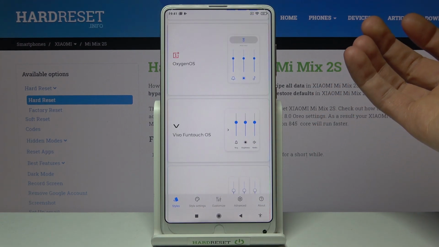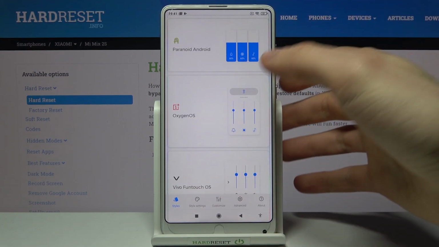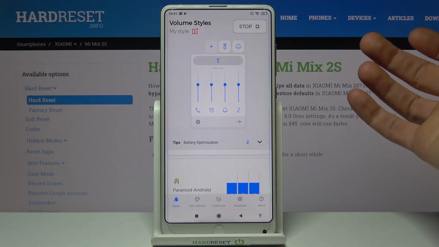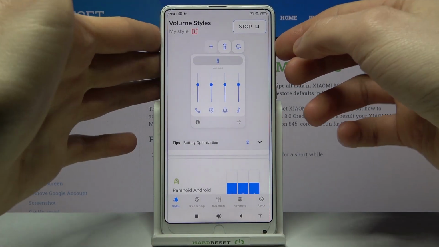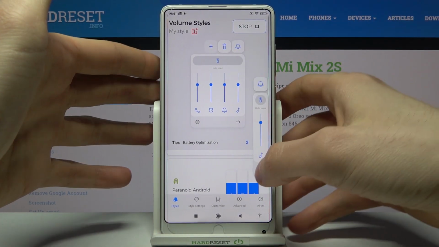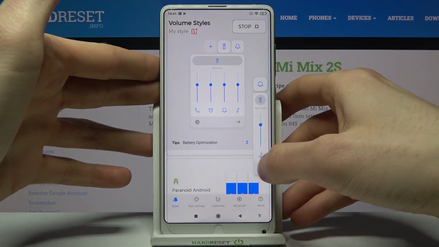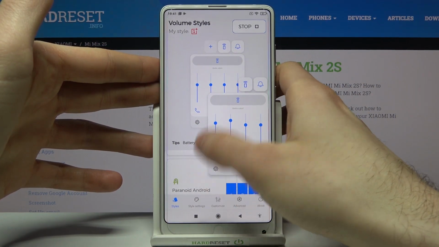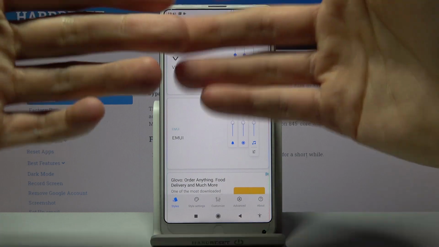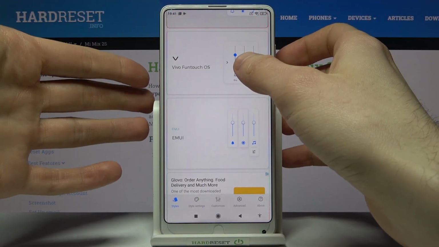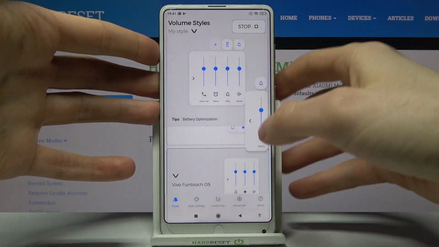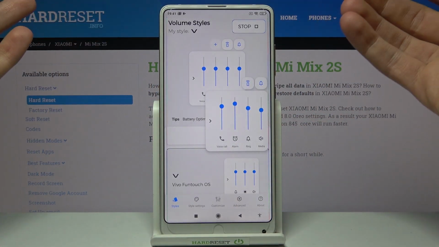So let's select, for example, maybe, no idea, this Oxygen OS one. And as you can see, now I have other volume panel sliders here. You can select maybe this Vivo Funtouch OS, and as you can see, now I have other sliders here,